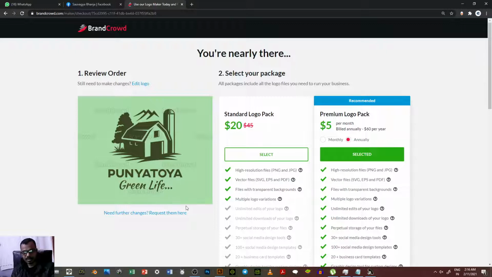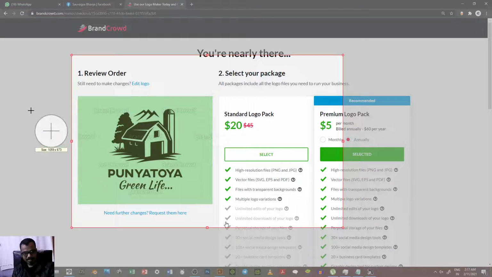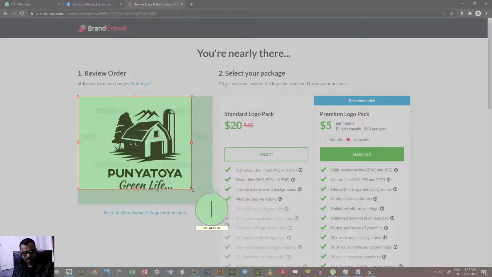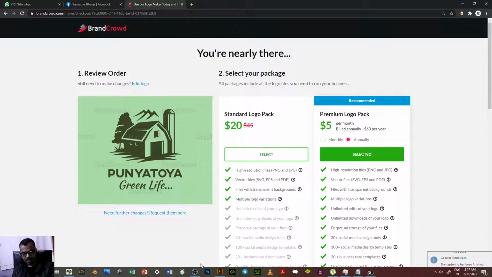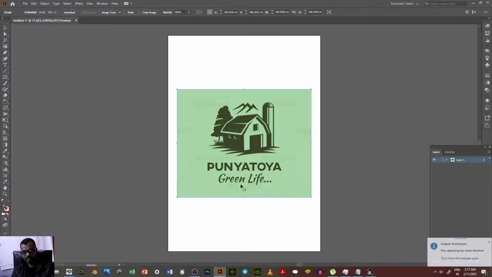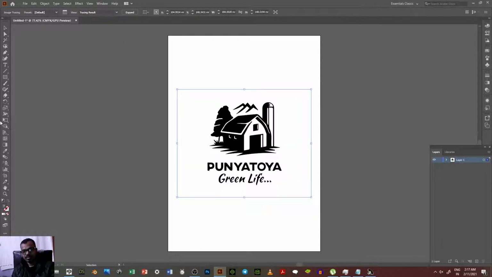is quite reasonable, and they have added this watermark, just so that nobody can take a screenshot. So what I do is I take the screenshot, and copy paste here, then image trace. Oh, so